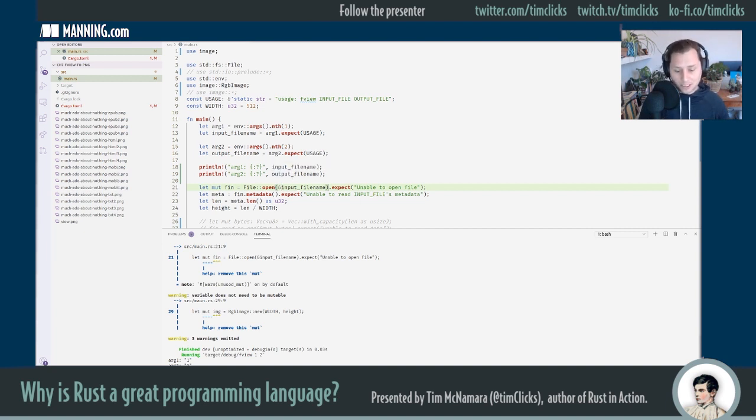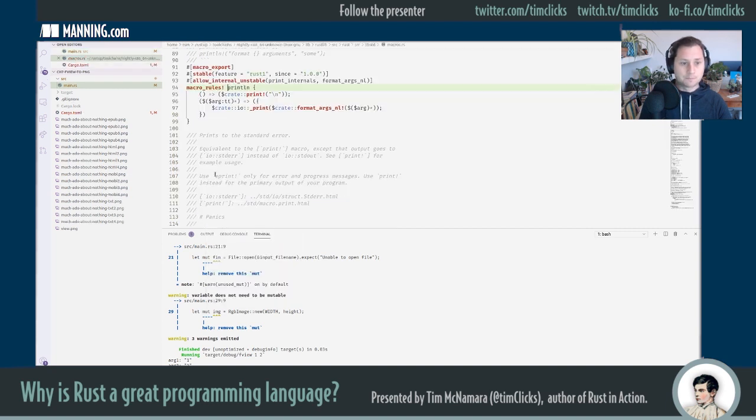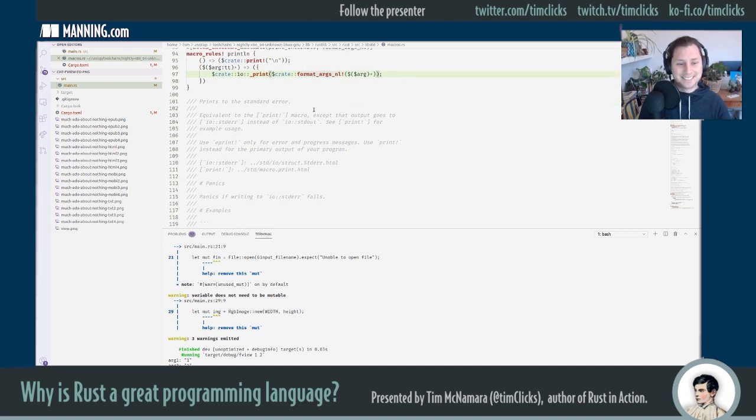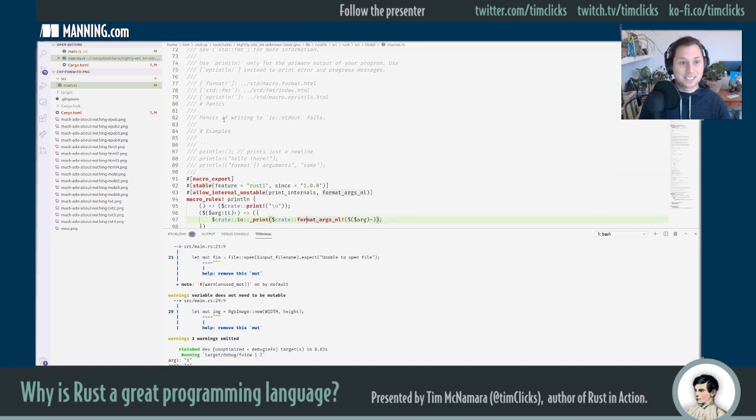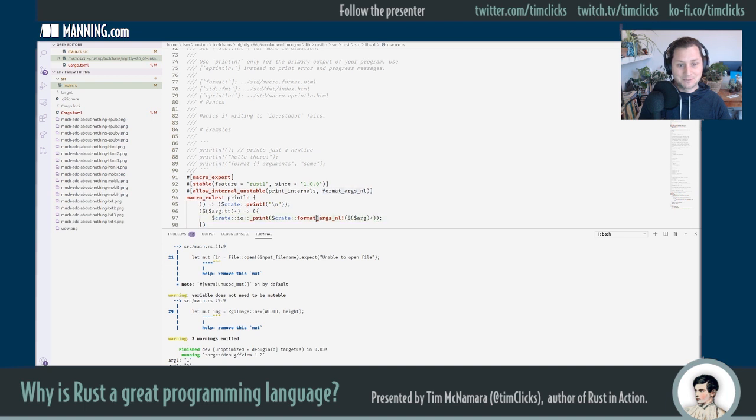It works because inside println, and I probably shouldn't have gone to the definition of the actual internals, the internals eventually go to, well,